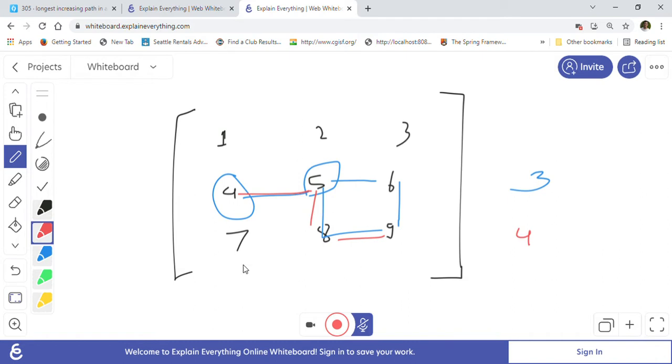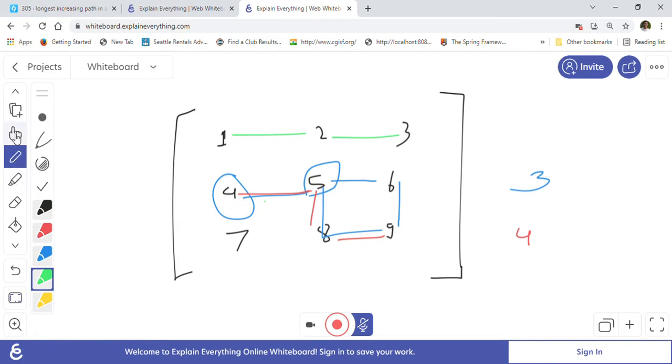So in this example I was highlighting the longest path, but this matrix is just one example that I was showing you. In the problem they have given us another example.